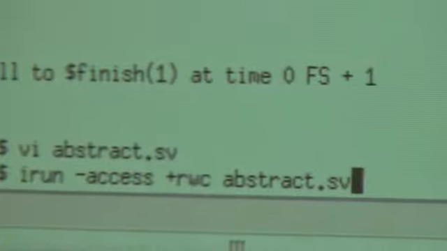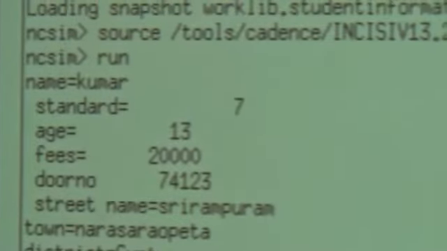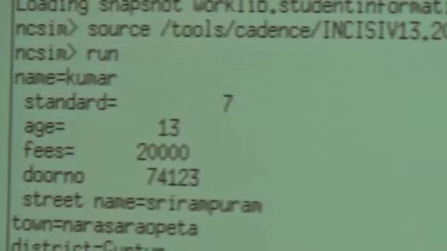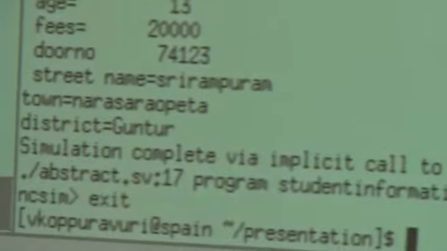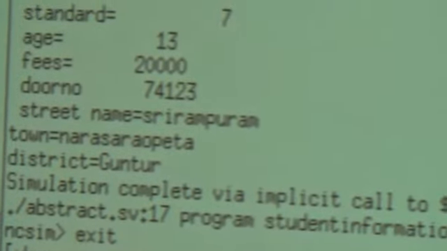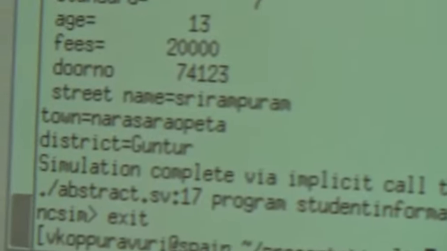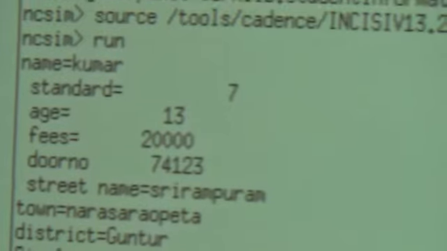I just try to print out this value, whether I got the required value which I have explained before or not. Now I try to run the program, abstract class. Now we will check whether we are getting the characteristics or not. If you have seen here, we have got name, comma, class 7. Yes, these are the common properties we have described, and these are the variable things, that is street name, door number, Guntur. So in this way we will use abstract class for defining the common properties, and in the derived class we will describe the required properties which you want.